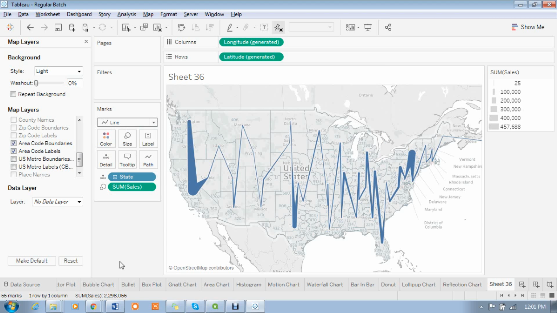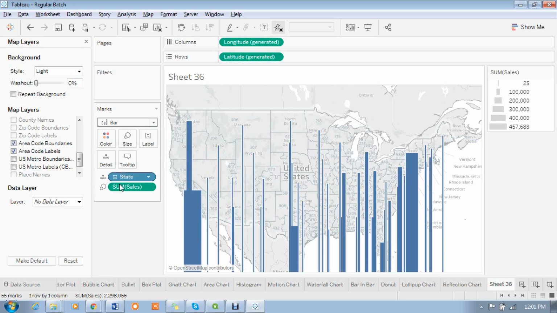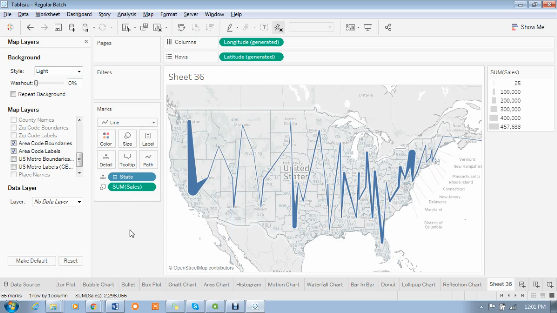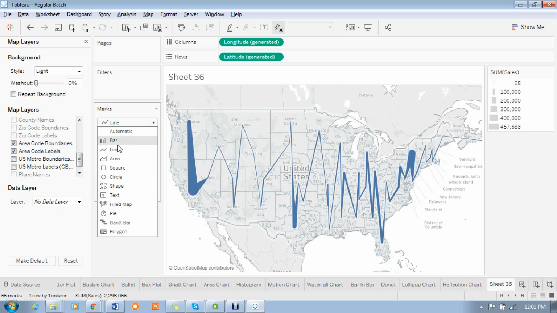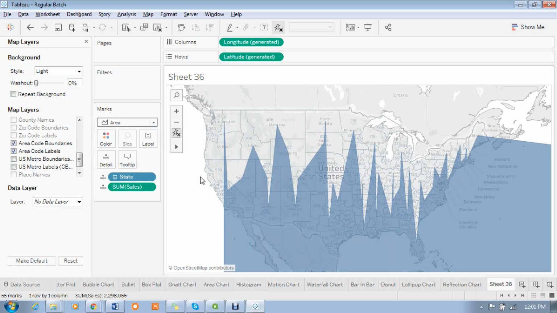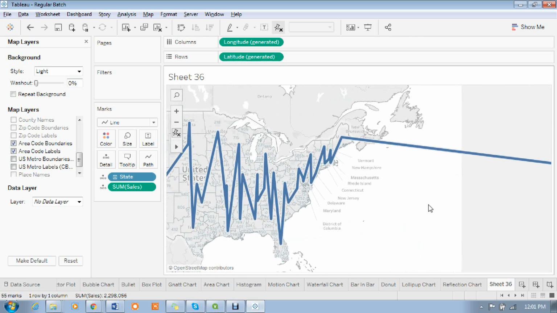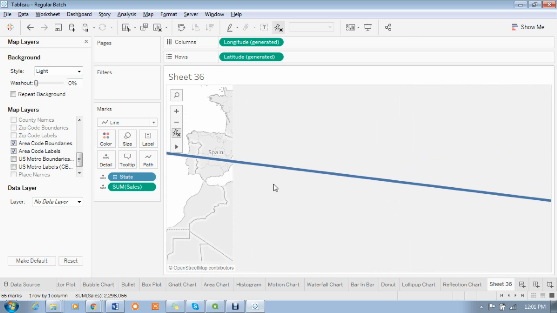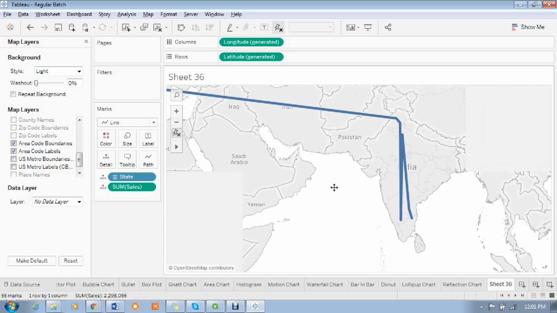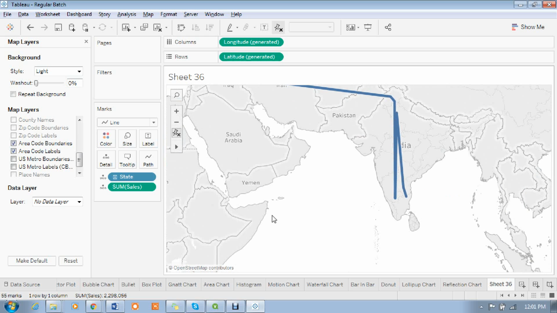See. Okay, each and every state it will cut. Or if you want bar also, we can display the bar. Bar is not suitable actually, just line and area can be used. Line, this is the area. Okay, area also is not suitable, just line. For each state, madam, it will connect, and we have India, madam, that is why this line is going to India. It has to connect, right, so there are some values, it is connected here as well.